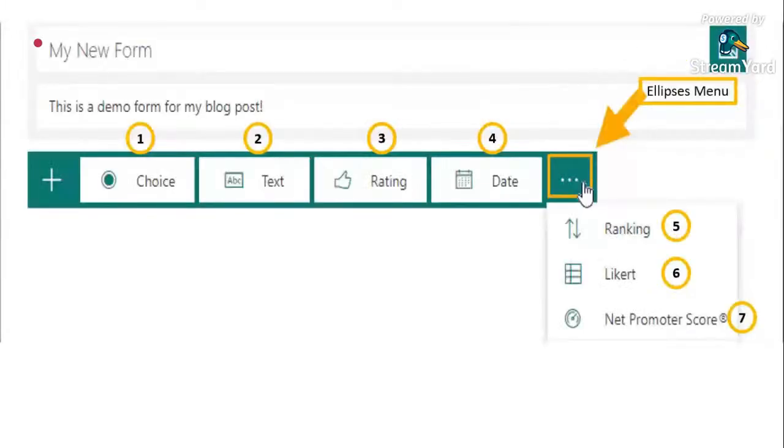And the last one is the Net Promoter Score. It allows you to create questions like how likely you are to recommend a product to a friend or a colleague. That utilizes a Net Promoter style grading. So this Likert and Net Promoter, this is more on survey.